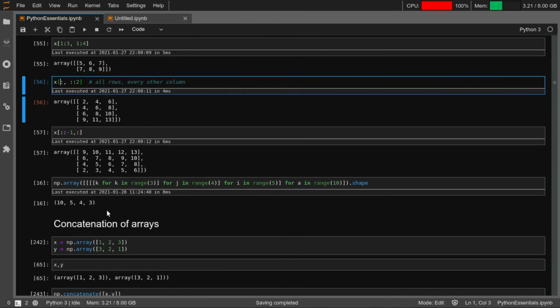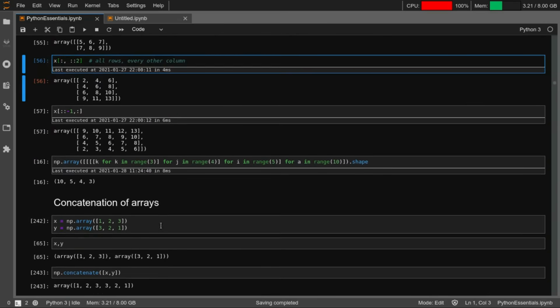Right. And the same kind of indexing can be done with negative indices as well. So it will reverse that particular dimension. You have ::-1, so all the rows are reversed, right? Initially it was 2 4 6 9, now it is reversed 9 6 4 2, right? And all the columns are selected. You have not sliced anything on the columns axis, right? So this is about the slicing of arrays.